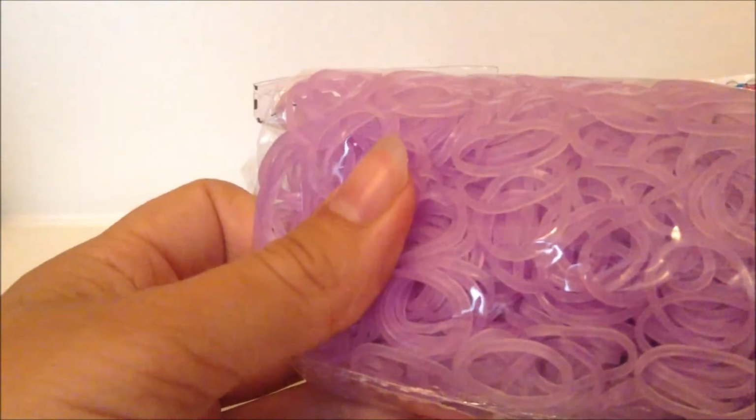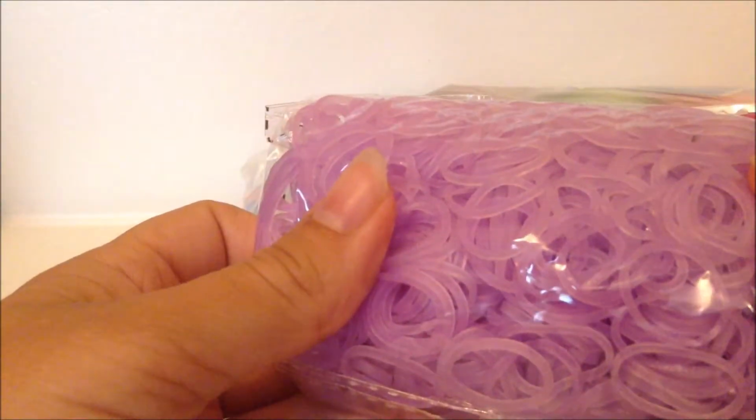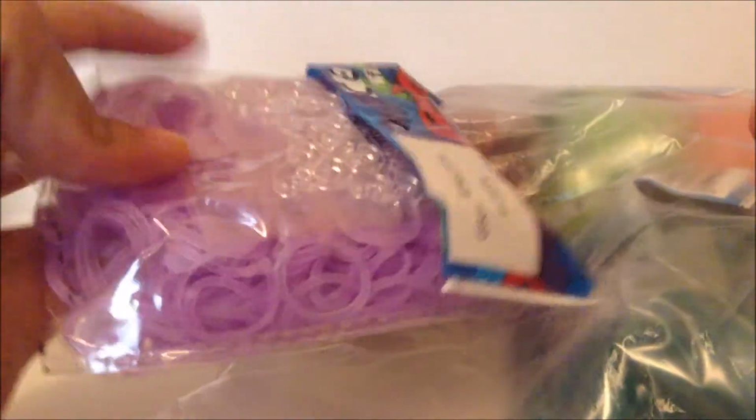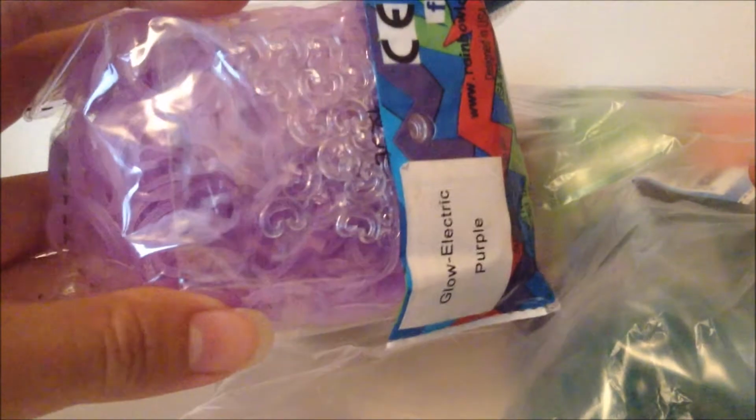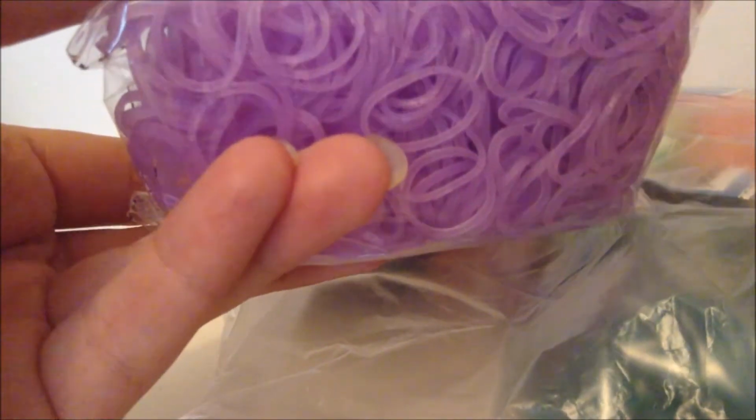And then I got a refill Electric Glow Purple. I would use this color a lot because it's super pretty, but I also ran out of it, so I have got some more of it now. I think that's proper grammar. Anyway,